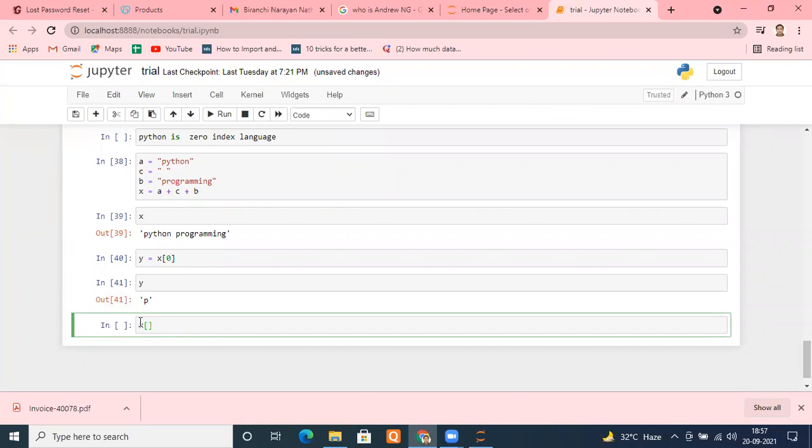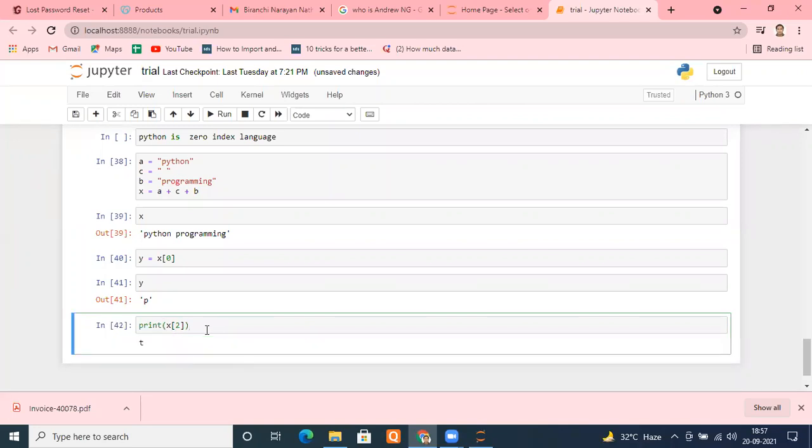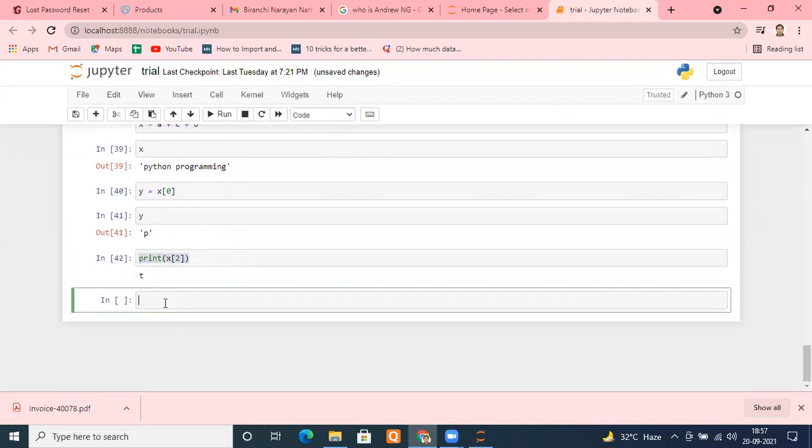Suppose I want to print. I don't want to assign, I want to print. So suppose I put element number 2. What will come? Anybody? What will be visible? Yes. 0, 1, and 2. So the character at index 2 will be printed. Okay. Now again, copying it, pasting. Suppose I put here -1.